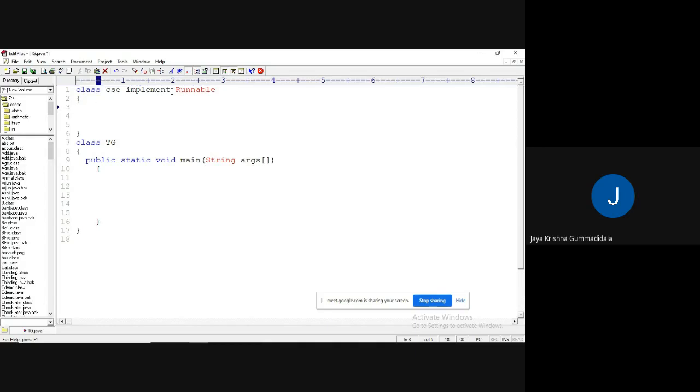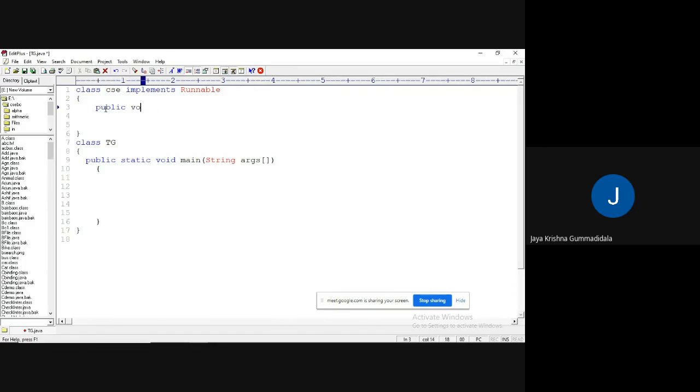If I would like to implement, implements is the keyword. If you implement a Runnable interface, you must implement the run method, because the run method is declared as an abstract method in the Runnable interface. So I need to override that method first.